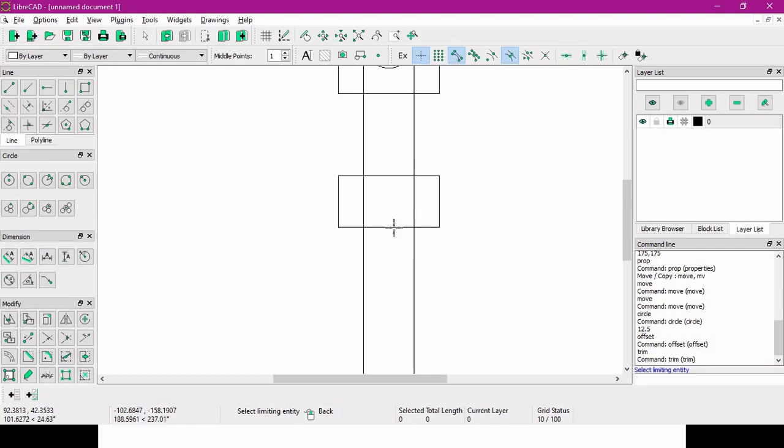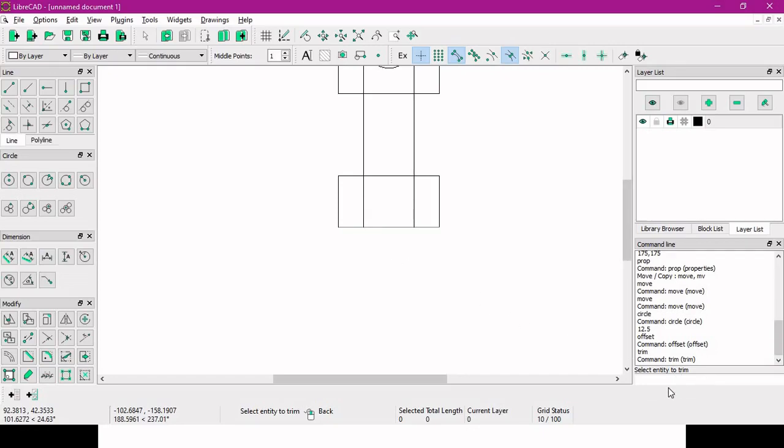First we will select one limiting entity, then it will ask for the object to trim. Remember, the portion of the object you want to keep, you have to click on that, so that beyond the limiting entity the lines will be trimmed. So you select here, and that went, and this will also go like this.